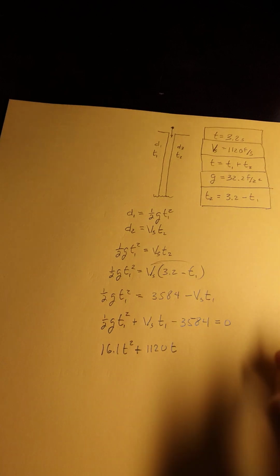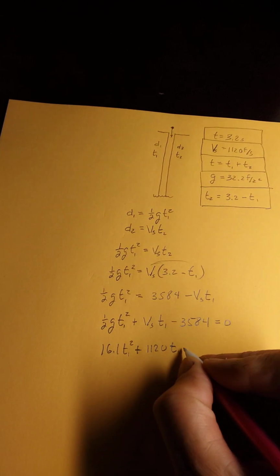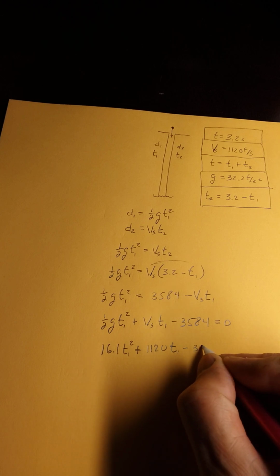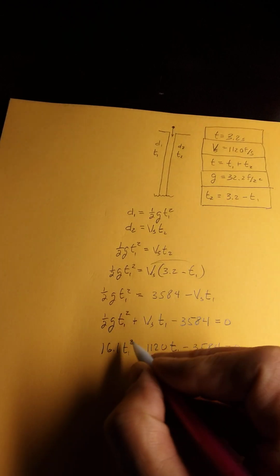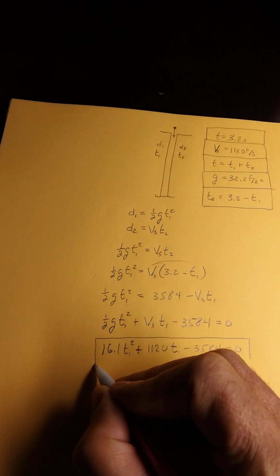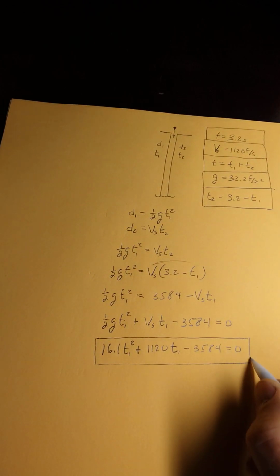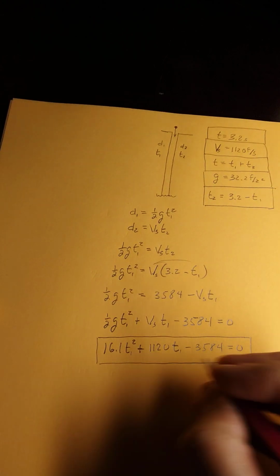Or just time rather, because we're just going to solve for time 1. And then minus 3584 equal to 0. This is our quadratic equation. And obviously, to solve a quadratic equation, we're going to use the quadratic formula, which simply states